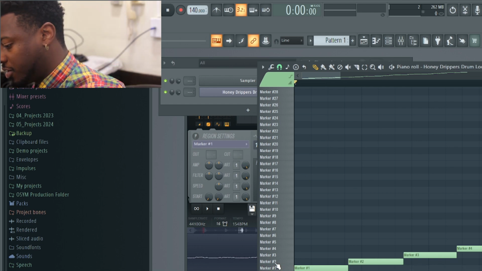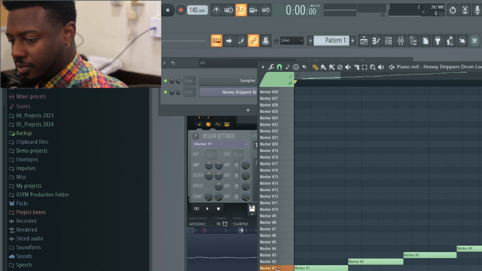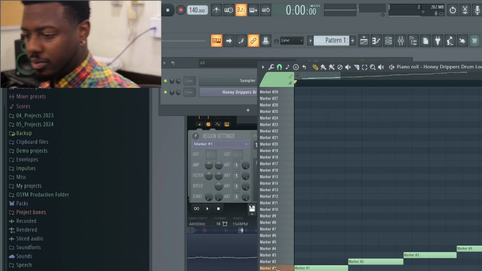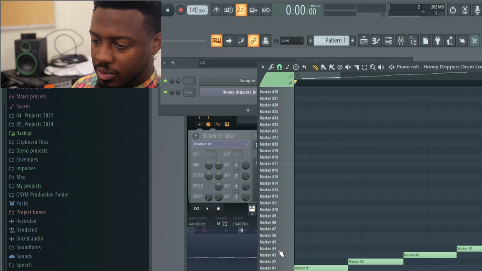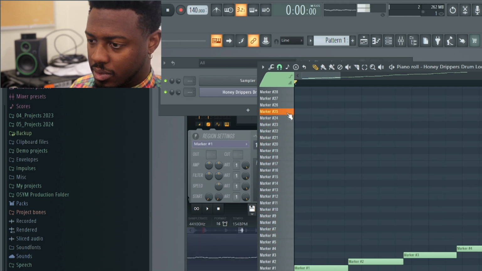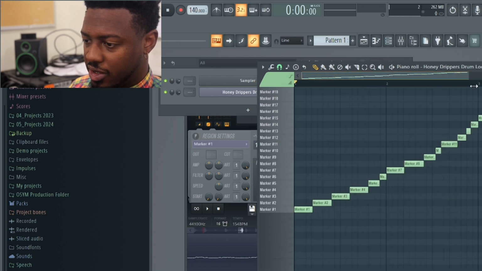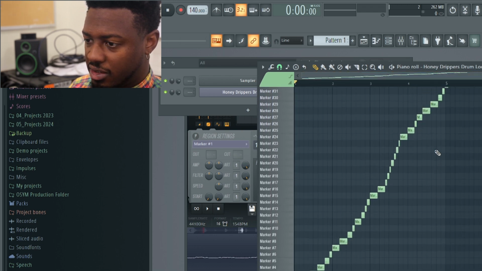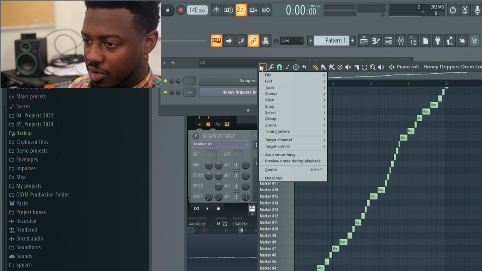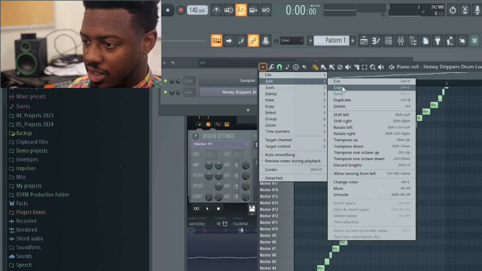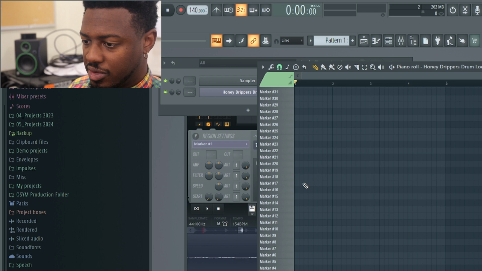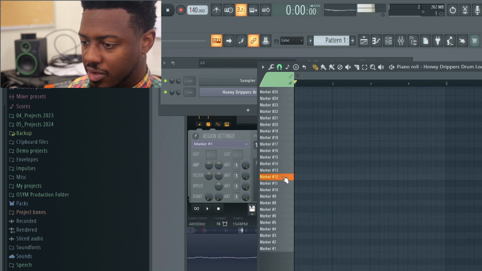Let me turn this speaker up. So you can make your own drum pattern. If you want to delete all of these, you can. You can actually delete the whole thing just by clicking edit and then clicking delete, and everything will disappear. And then that way